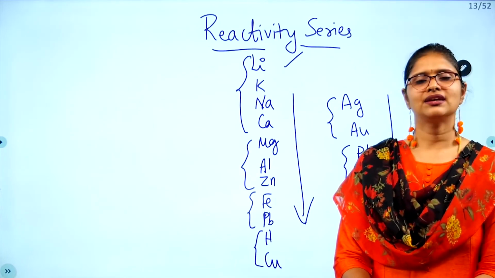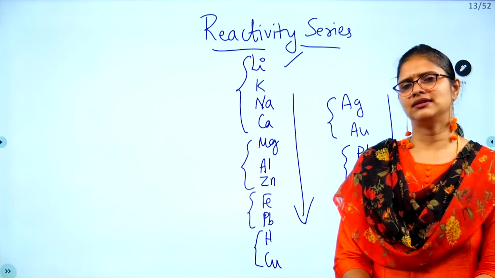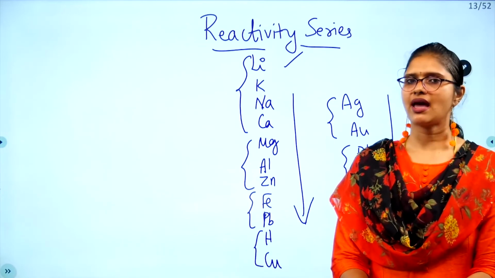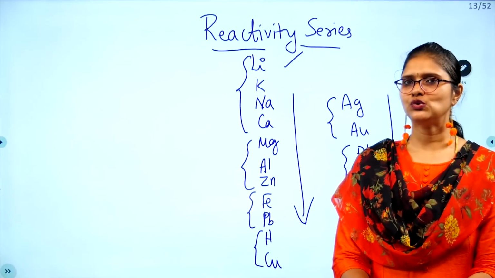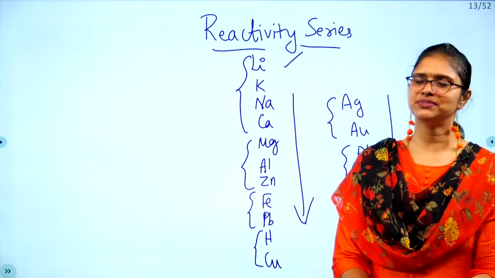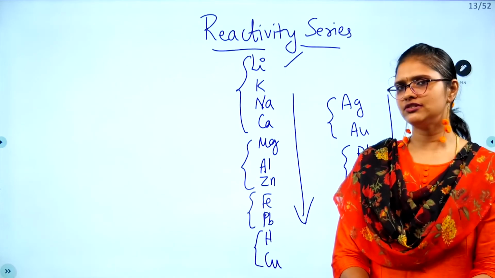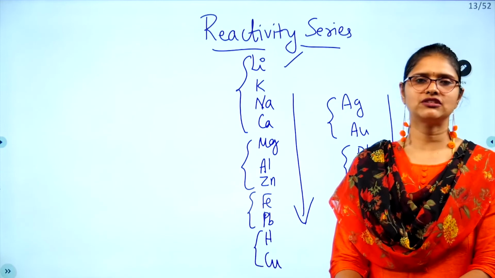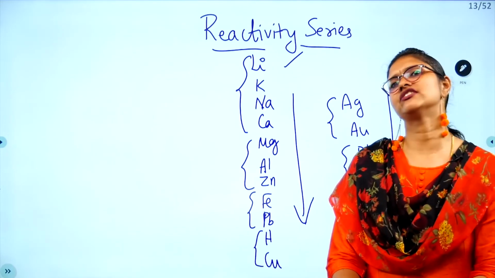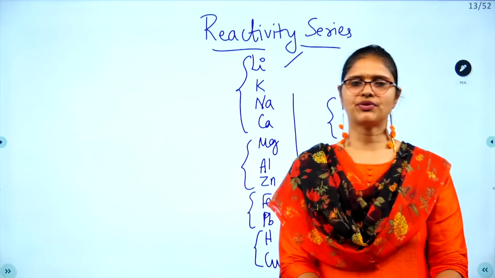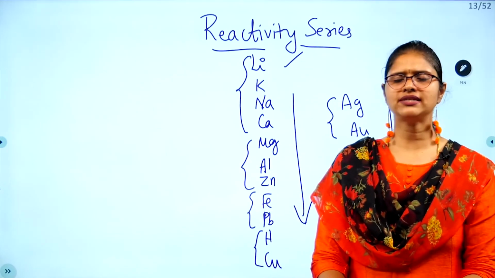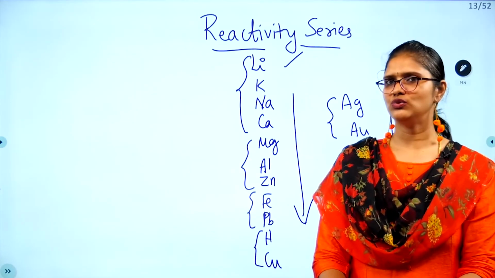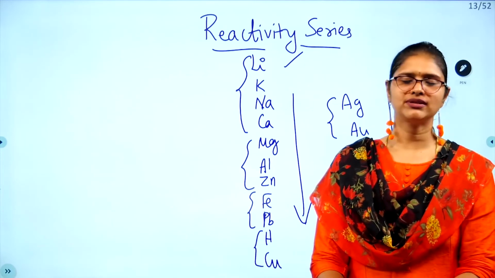Let's do a chorus. I'll read it out and you can also read along with me. Lignaka, megal zinc, fepeb, agu petag. Say it just 4 or 5 times and I think you will get it. This is very, very important. It comes in your first chapter, chemical reactions. It also comes in the metals and non-metals chapter. On the whole, this reactivity series is very important, and they will be asking questions from this. Once again, lignaka, megal zinc, fepeb, agu petag. Say it 2 or 3 times and you will surely get it.